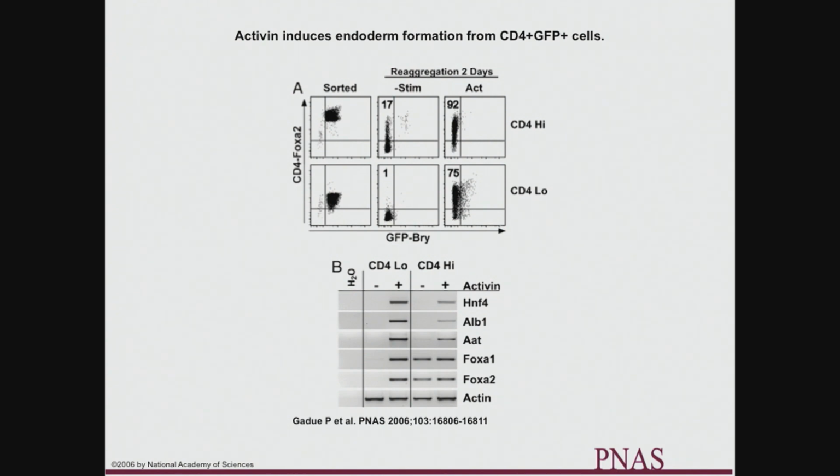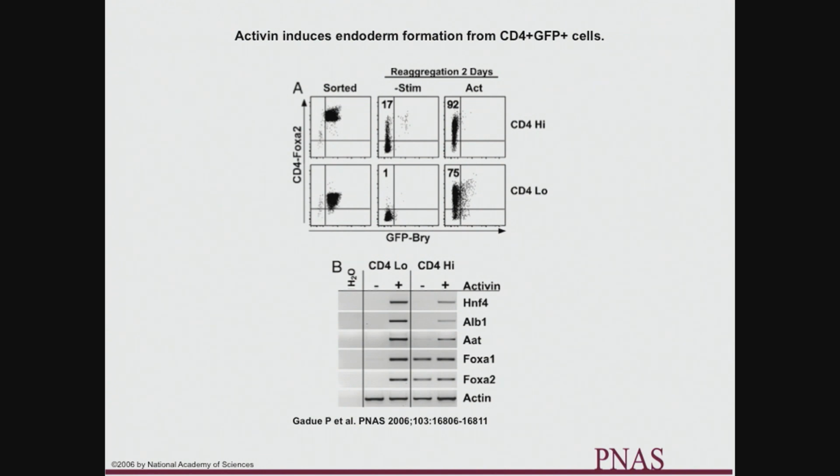So this data is to try and convince you that really in an in vitro system, the definitive endoderm is coming from FOXA2 positive cells. This is from Paul Gadou again. What he did here, again using this line, brachyury FOXA2, after 2 days in culture, similar to the last slide where he has FOXA2 high and FOXA2 low cells, he sorted out the FOXA2 high and he sorted out the FOXA2 low, and then he allowed them to reaggregate, and he either stimulated those cells with continued